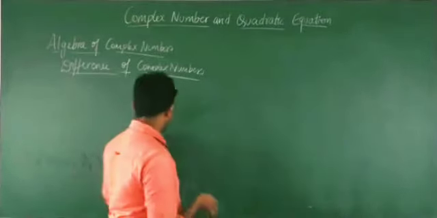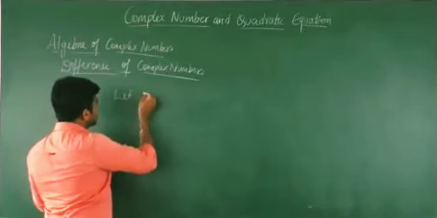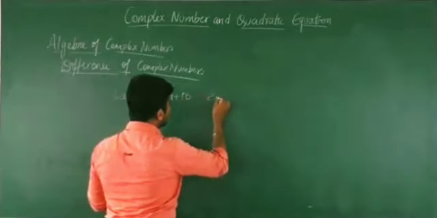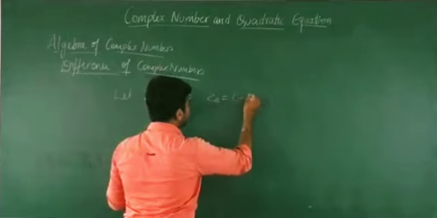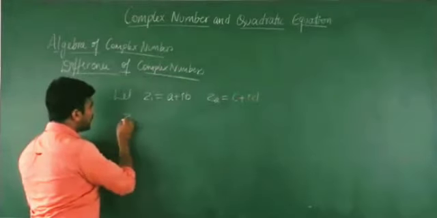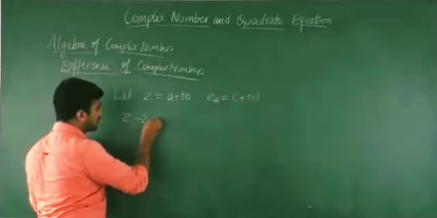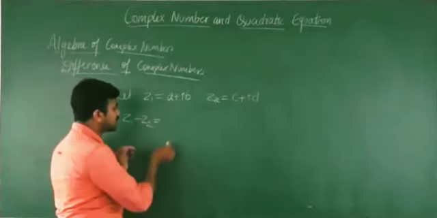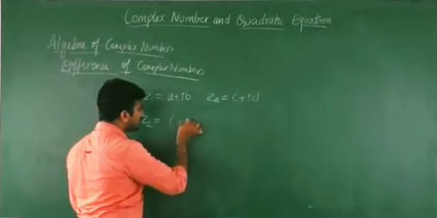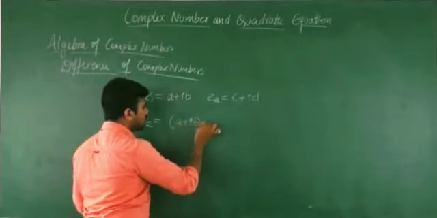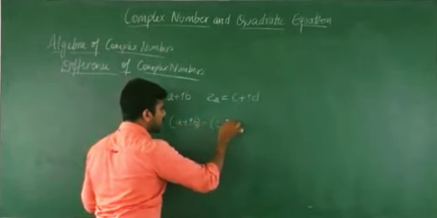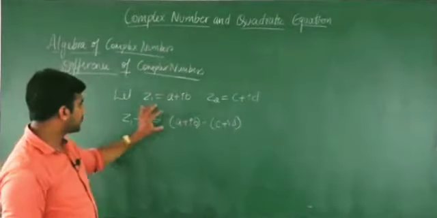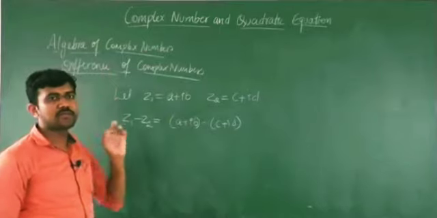See, consider two complex numbers. Let z1 is equal to a plus ib and z2 is equal to c plus id. I need to get the value of z1 minus z2 in general. Okay, what is z1 minus z2? Same as your previous step, in addition of complex numbers you saw, to add two complex numbers we should add the corresponding parts. Same in the case of the subtraction or the difference of complex numbers.